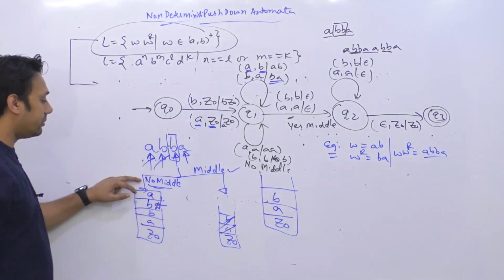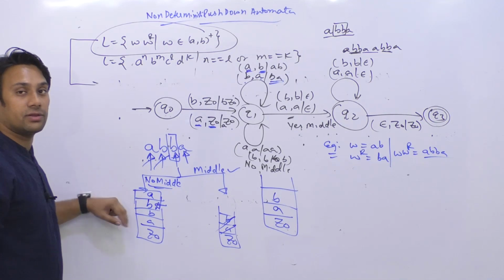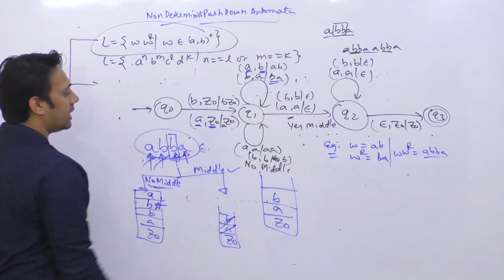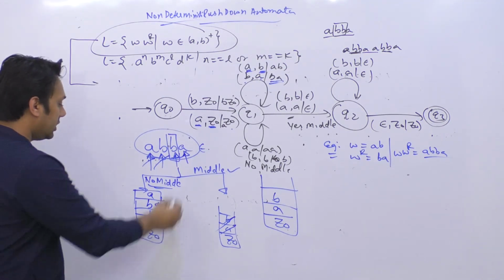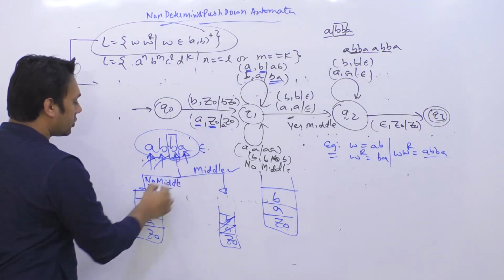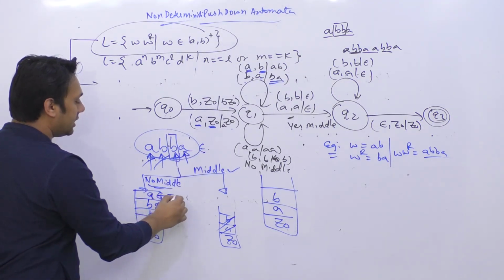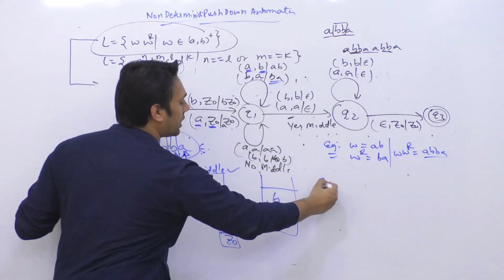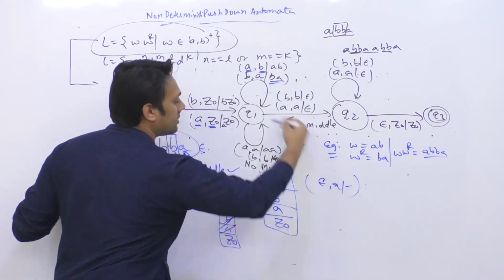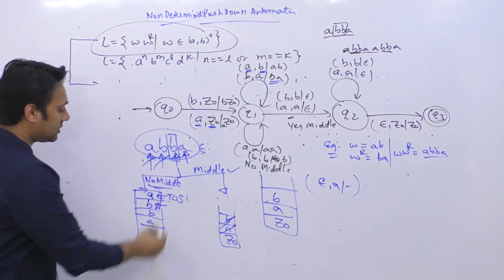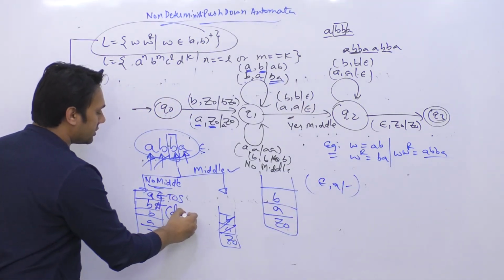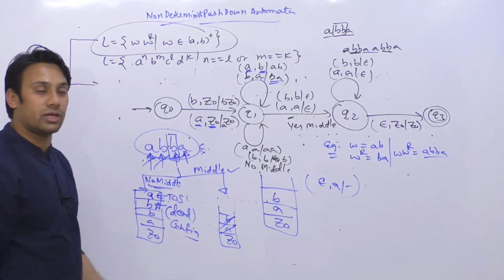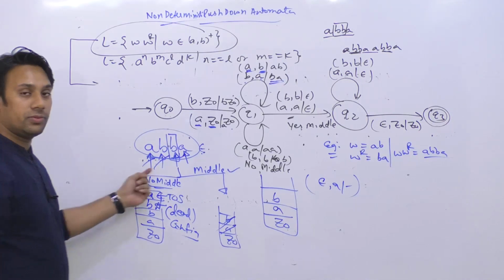Now the transition which assumed that the middle point has been reached, there the stack is empty, and for the transition which assumed that the middle point has not been reached, here the stack is having some value. So after reading this entire string, you will get epsilon, correct? So here you can see, do you have a transition for epsilon comma A, because the top of the stack is containing A and here the symbol is epsilon? We can see there's no transition called epsilon comma A. We do not have a transition like this anywhere. So this will go to a dead configuration. This will not be successful.